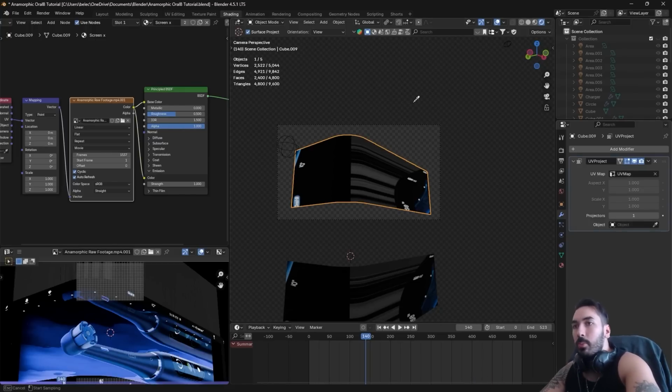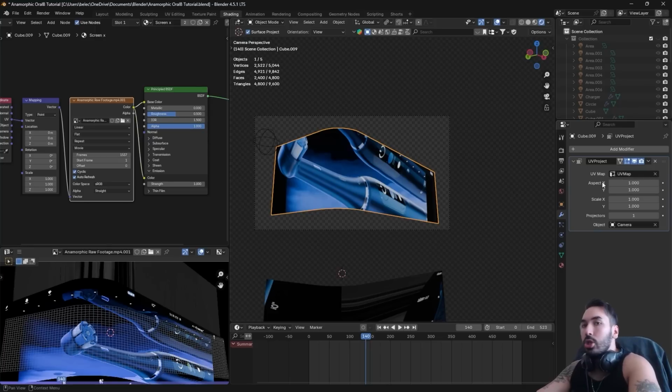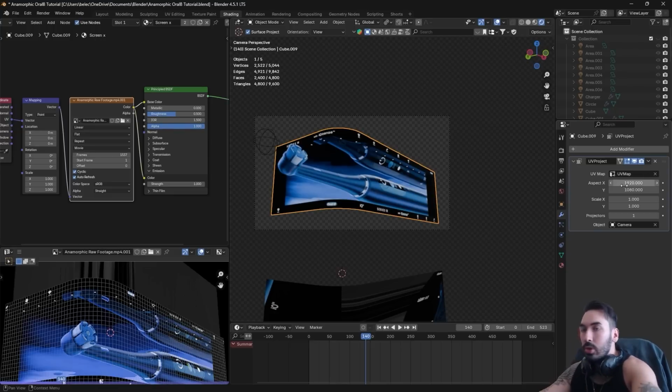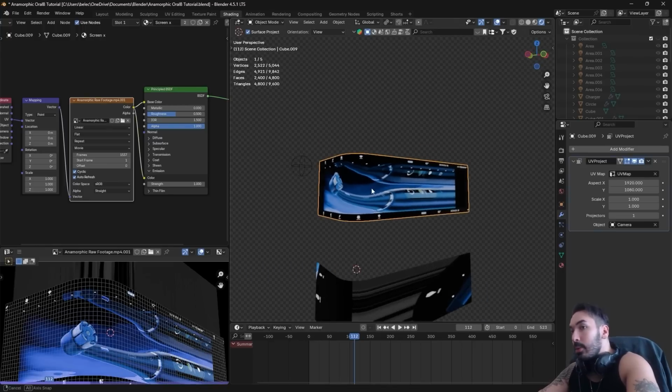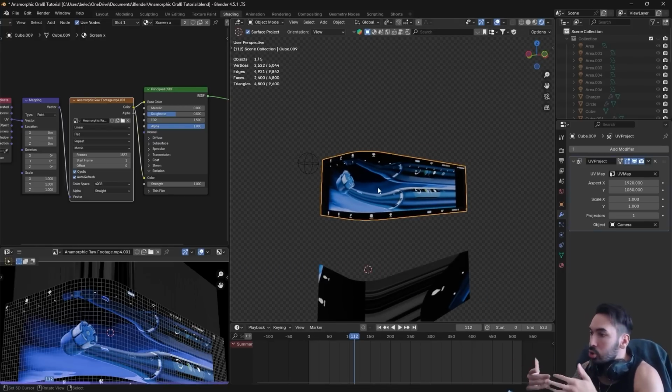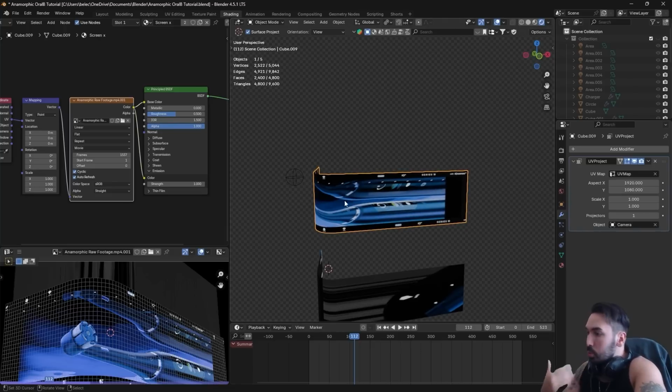And with this eyedropper, you're going to target your camera, and I want to adjust the aspect ratio here. So you can just type in the resolution of your camera and it's going to work fine. So now we're looking at this video on this surface and it looks all nice and pretty, but the problem is now we have to unwrap this, so we have this on a flat surface which we can then display